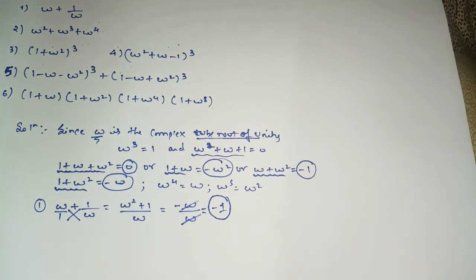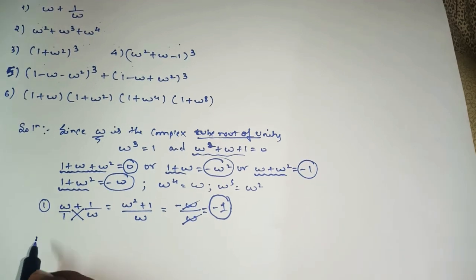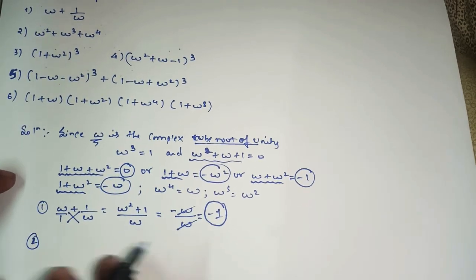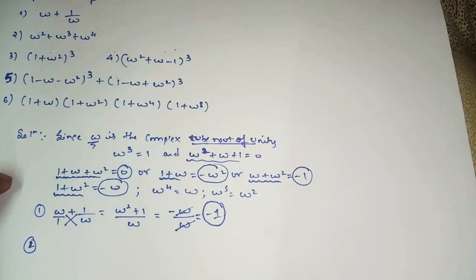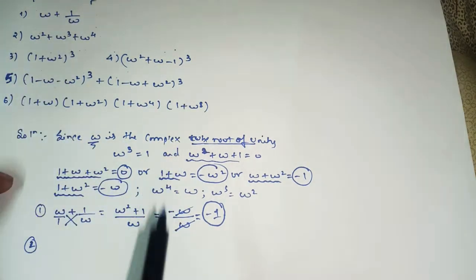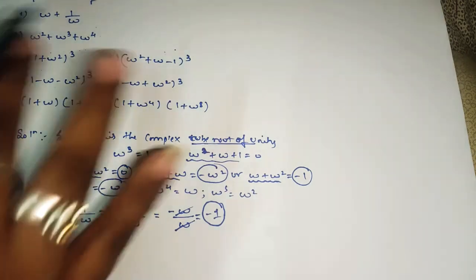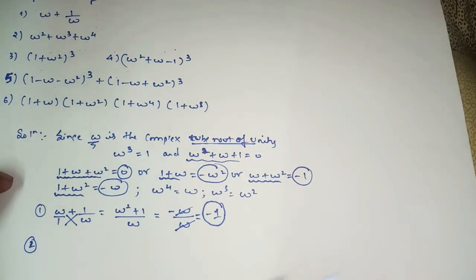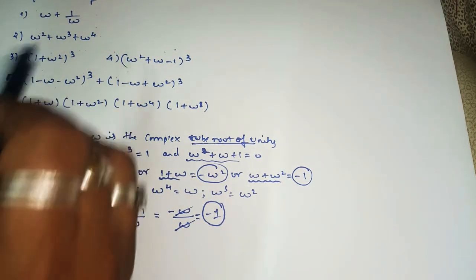Okay, so let's move on to the second sum. I hope you all understood. Simply what you have to do is remember these formulas, then try to solve the sum with the basic algebraic method, guess the suitable formula, substitute the value, and you will get the answer. Like here we'll see the second sum,